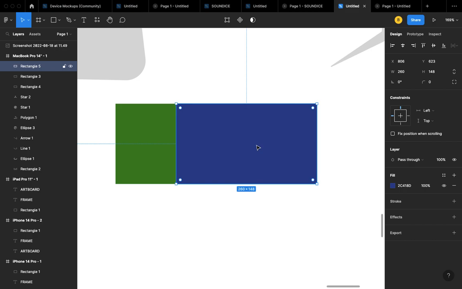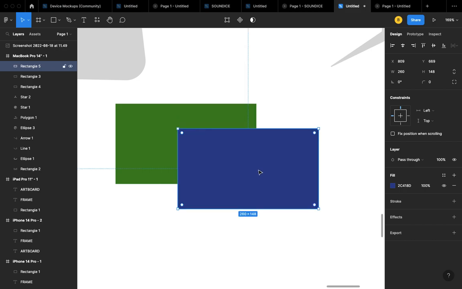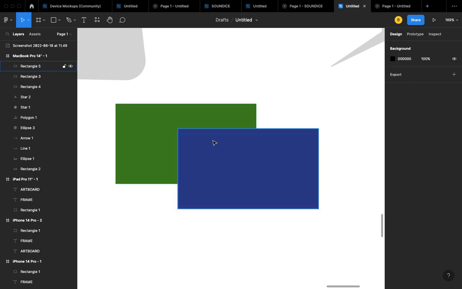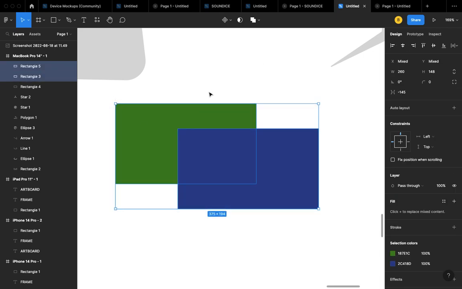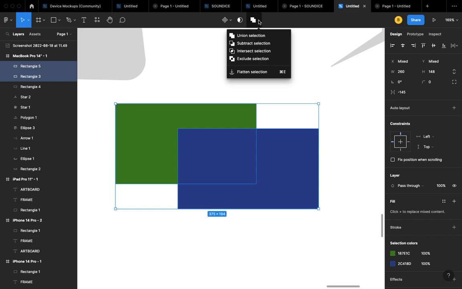So we have what we call Boolean operation. See what is happening here now. I have these two guys placed on each other, acting as individual elements. So I can easily select the two of them. You see this guy here. You see Boolean groups. Can you see? If I click, I have a drop down menu. The first one is